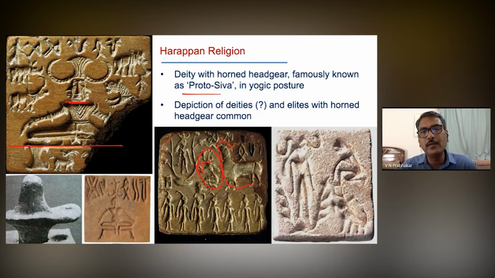But interestingly, if you look into this seal, it has parallels in Dholavira. This is from Mohenjo-daro, and this is from Dholavira, nearly 500 kilometers from Mohenjo-daro. But the same scene is depicted here. You can see the deity, but in a crude fashion, of course. But the deity is standing here, and the kneeled figure here with the animal here. So this is how we can trace the ideological transmission from one side to another also.